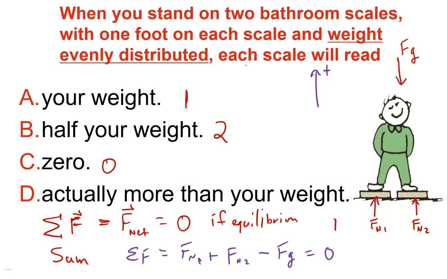But we had a condition here that the weight is evenly distributed. Well, what's his weight? We don't know. We don't care in this case. What matters is that force normal 1 is equal to force normal 2 because it's even. And so I'm just going to call these force normal and get rid of the 1 and 2. And so that gives me 2 force normal